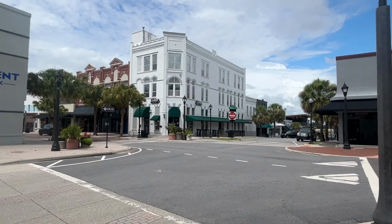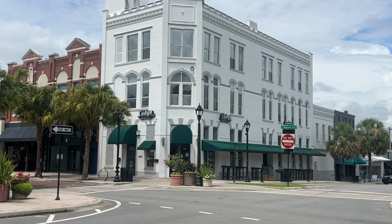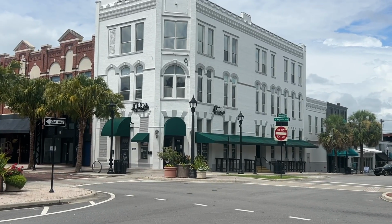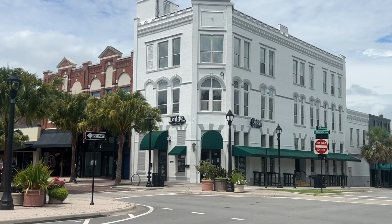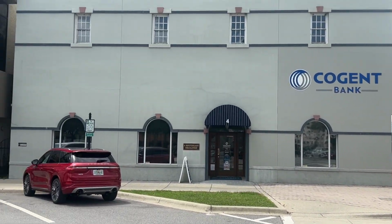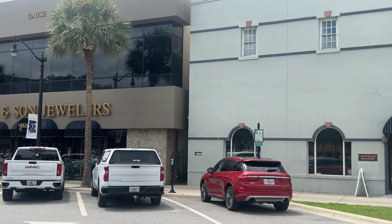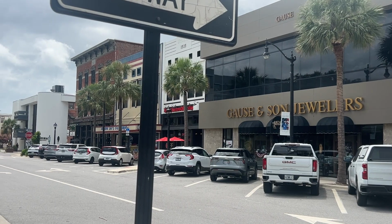Now this building right here has some history. This was built after the fire. And maybe you can't tell, it's all painted white, but that's all brick. Many of the buildings here are brick because when they rebuilt the town, they said, you know what, we're not going to use wood anymore, we're going to use brick, so it became